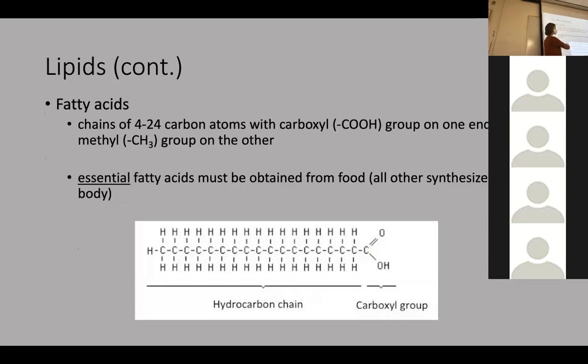So on one end of this long chain of carbons, you have a methyl group. So CH3, that's one of those functional groups that you need to be familiar with. It doesn't really stand out because it just looks sort of like the rest of the chain. On the other end, this is a good identifier of fatty acids. You have a carboxyl group, which is C double bonded to O, and then an OH on the other side of the C. So that's a functional group that you need to be familiar with, carboxyl. So if you have a methyl on one end, a carboxyl on the other, and it's just a long chain of carbons, that's a fatty acid.